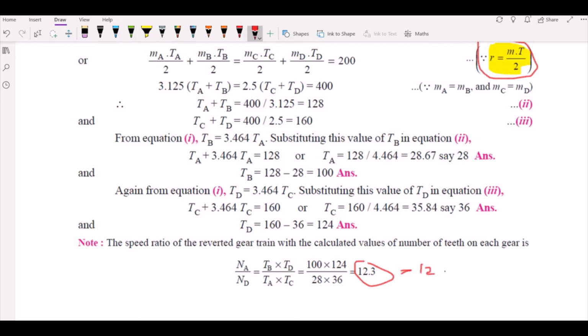Okay, so this is problem number 3. I hope I am clear with the numericals related to gear trains. These are the most expected questions if there is a numerical in the case of gear trains. As of now, there is no question being asked, but if there is a question expected, it could be these models. If you want to practice more, you can practice from SS Rattan, Theory of Machines, topic gear trains. I hope I'm clear till here.